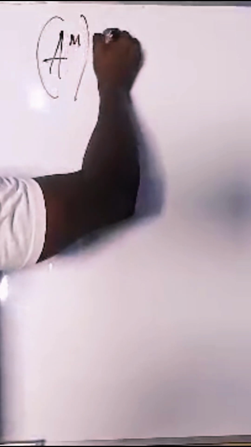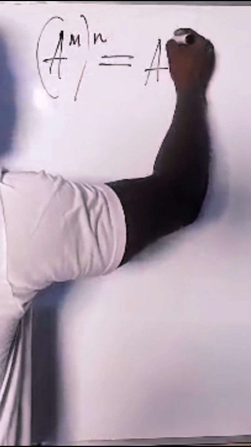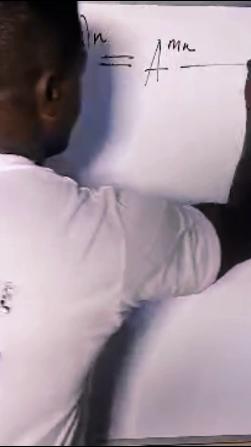Derivation of the laws of indices, part 3. This has to do with the third law of indices, which states that a raised to the power m, enclosed in brackets, raised to the power n, is equal to a raised to the power m times n, which is mn. This is called the third law of indices. Our responsibility